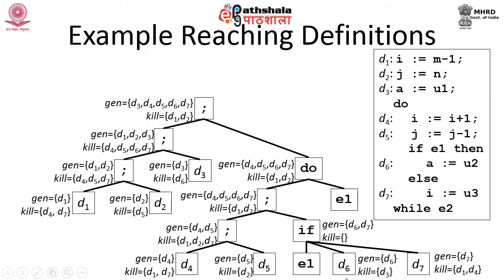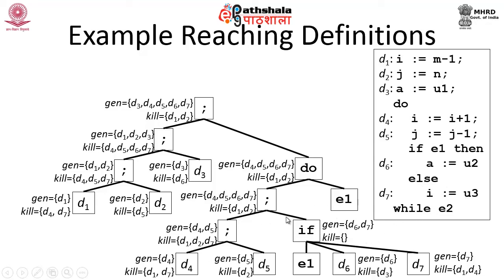Now, this is where it gets a little tricky. For an if-else block, the gen will be the union of these two, which is D6 comma D7, and kill will be the intersection of these two. So, D3 and D1, D4, there is no intersection at all, therefore it is null. As you could see, the intersection is justified here because one path kills the definition of D3, the other path kills the definition of D1 comma D4. So, together we cannot say which has been killed. That is why we can say only the generated statements and not with respect to kill; kill is actually an intersection computation. So, you have D6, D7 here.